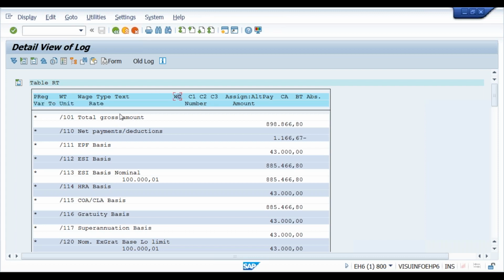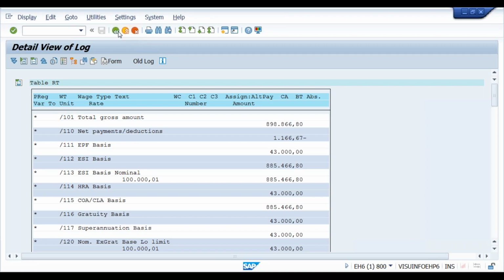These indicators are called split indicators. Okay, so understanding the split indicator is the most important part, and actually it is the complex part in payroll. Clear? Working with the split, how the splits are created, this is the most important and complex one in payroll. Okay, what is the purpose of the split indicator? So this split indicator is a relation between this waste type in this table with the other data.